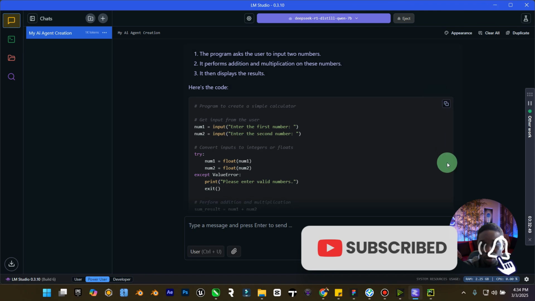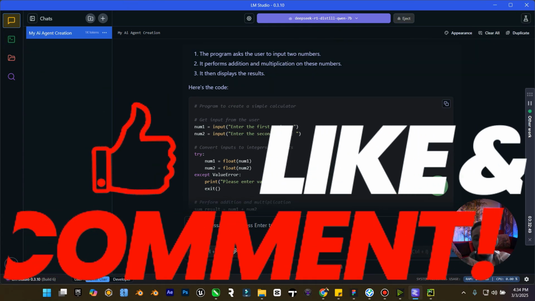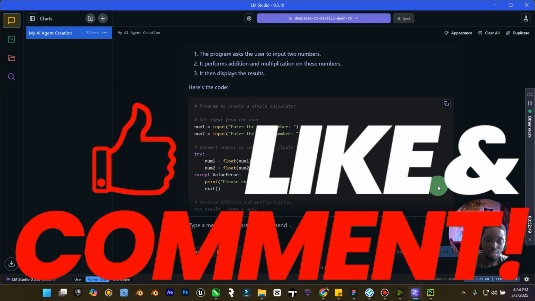your model installed locally on your system, and you can always eject, you can always download a new model, you can always do so many other things with it. Let me know if you're going to be trying this out, and I'm going to see